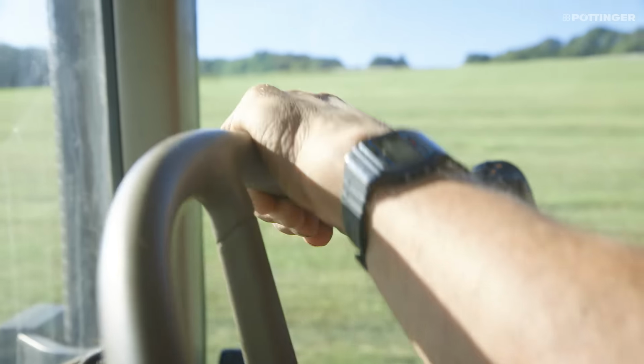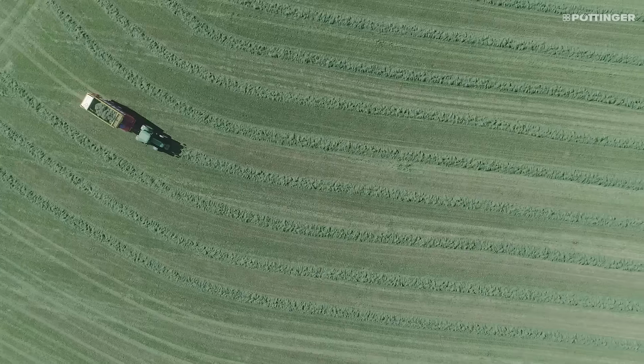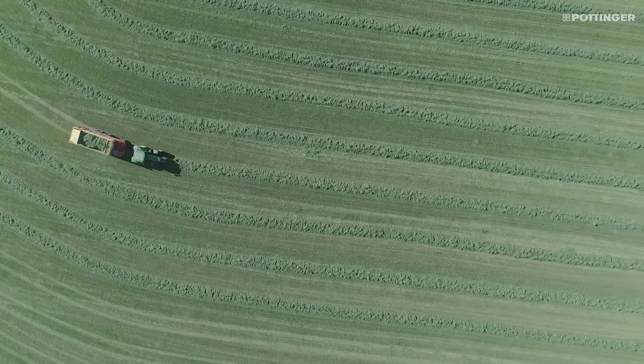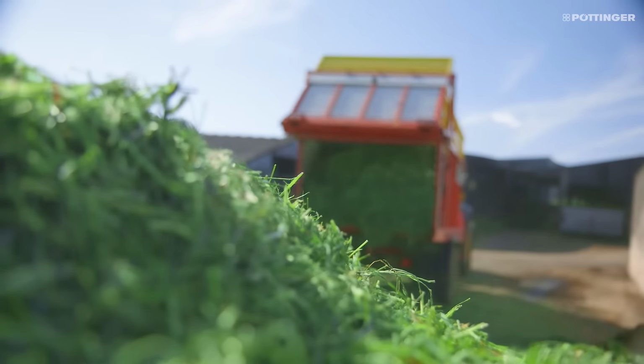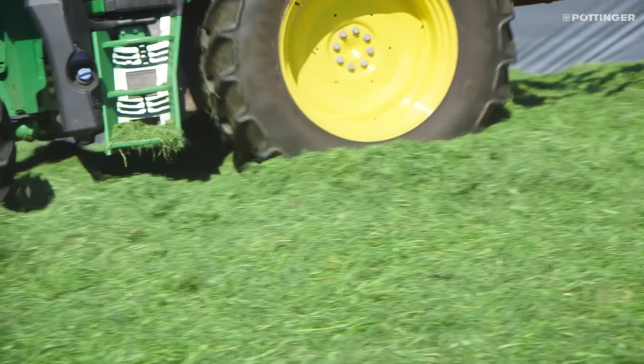We used to have a forager before. With the wagon we can decide today we're going to cut, tomorrow we just go with it, and the staff on the farm find it easy to manage the silage in. We make really good silage and we find it far, far cheaper than when we had the forager before. Fuel consumption is probably cut by more than a third, and it's just such a relaxed way of making